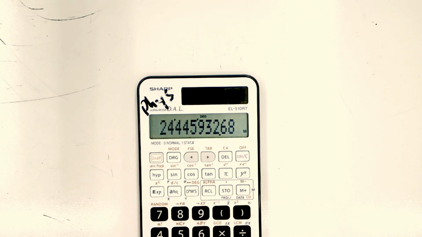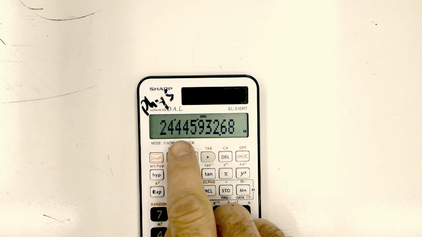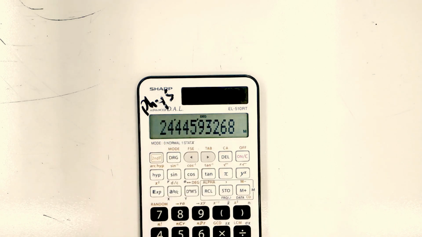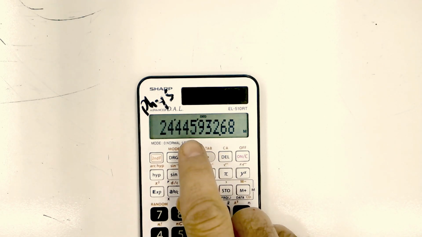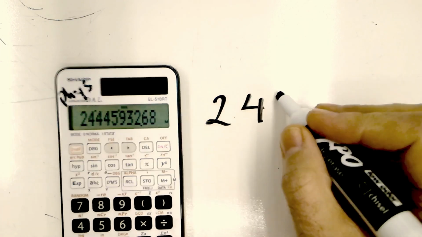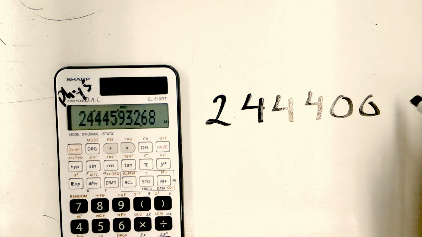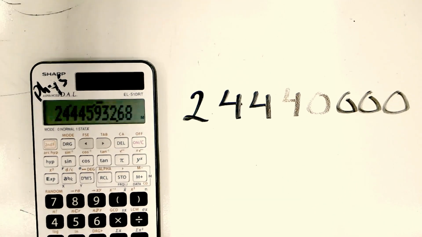So our simple rule is this. During calculations, we will only write 4 significant digits. So on this screen here, the digits 2, 4, 4, and 4, those are our 4 significant digits. Everything else we'll just cut off, so we just truncate it. And we end up writing a number that looks like this. And now the rest of these digits are cut off. And here is our number written with 4